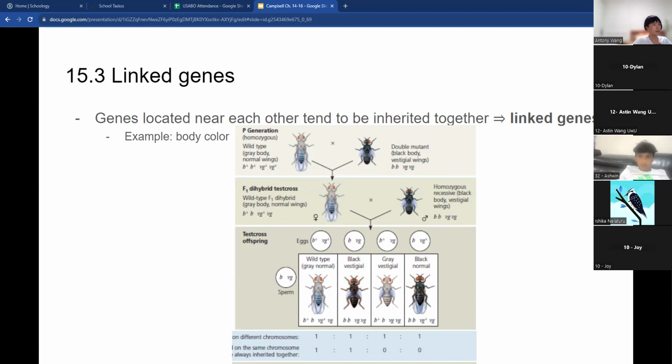However, if two genes are very close together, when a segment of a chromosome is exchanged with another, they'll often be traded together. Does that make sense? Because they're very close together, there's not much space between them, and it's hard to cut